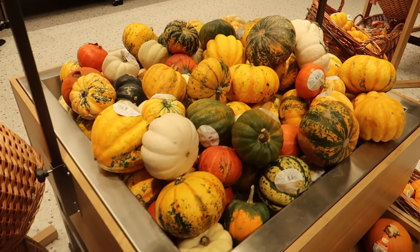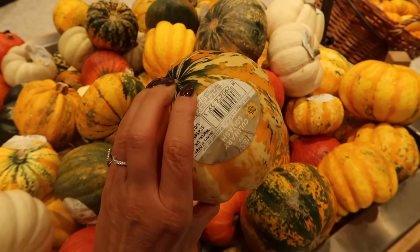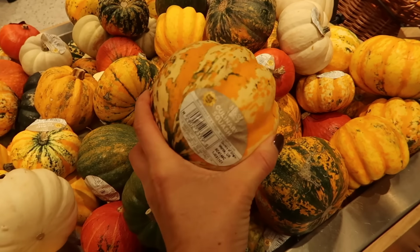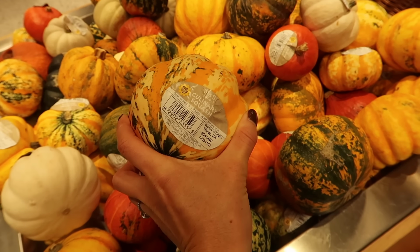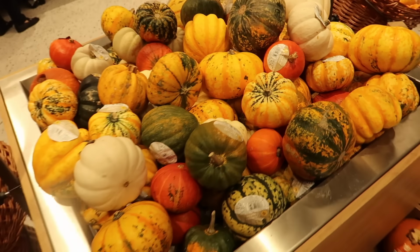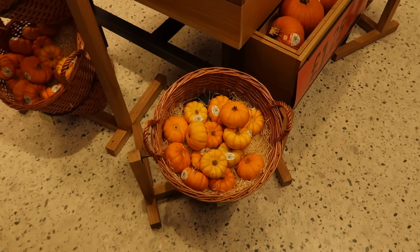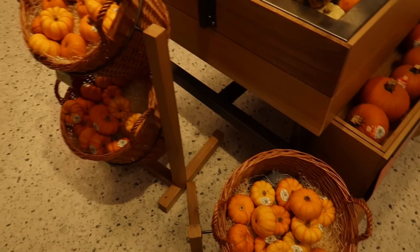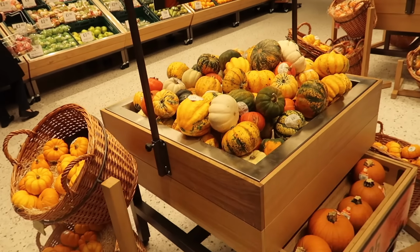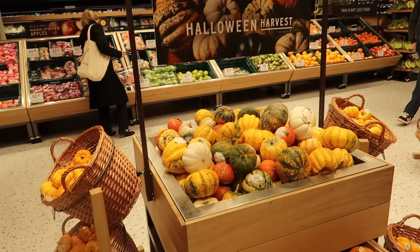I wonder what they are like price-wise compared to what I get at a pumpkin patch. This would be maybe £2 at a pumpkin patch. I guess you just have to weigh them and see how much, but really nice selection. And they've made it feel really farm shoppy with the baskets and the straw. Yeah, it looks really nice. The visual merchandising team have done a good job, and I guess I'll just switch this up seasonally with different